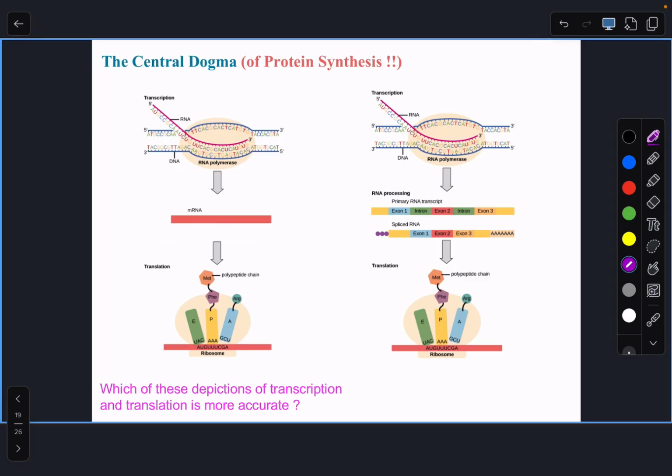Okay, so now we have on the screen, and we're addressing, this is a sort of an introduction to the processes of transcription and translation that we will discuss in more detail on Thursday and next Tuesday. But I wanted to quickly show you these two depictions. So normally we see all of these cartoons in which we have DNA on top being transcribed by the RNA polymerase that gives rise to an mRNA that gets translated into a protein.